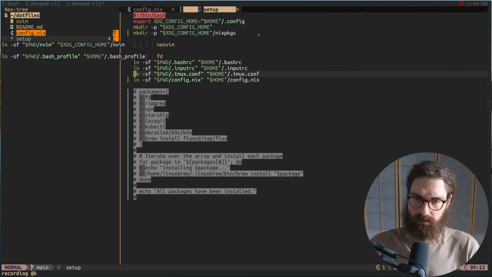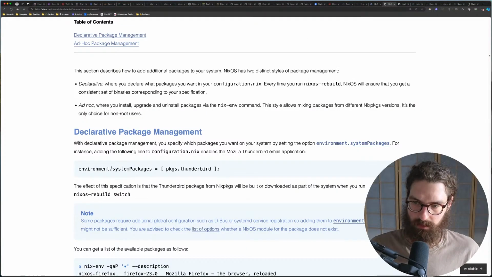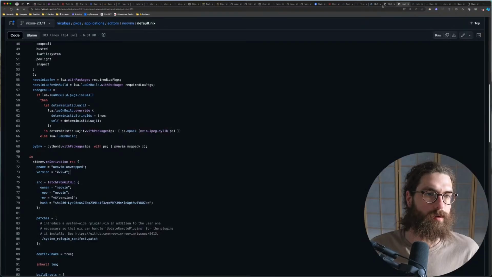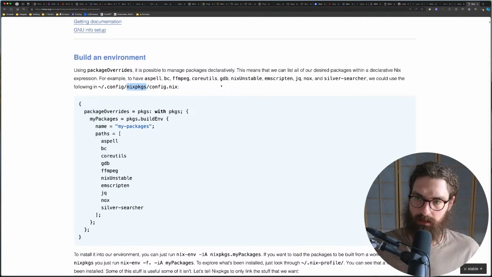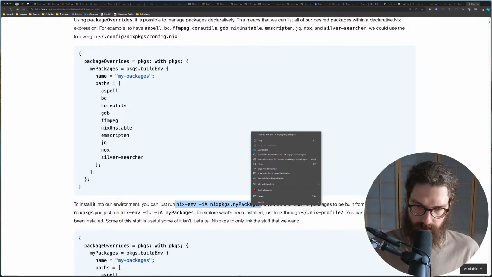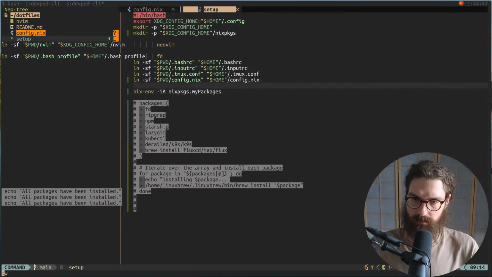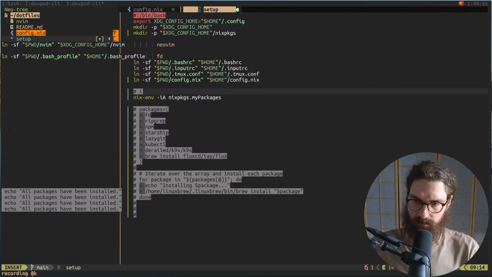And then the setup script will run here, nix-env, my packages. Install defined Nix packages from